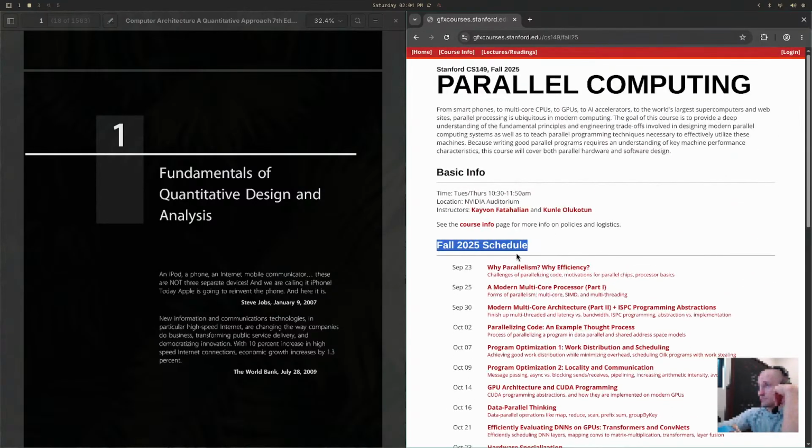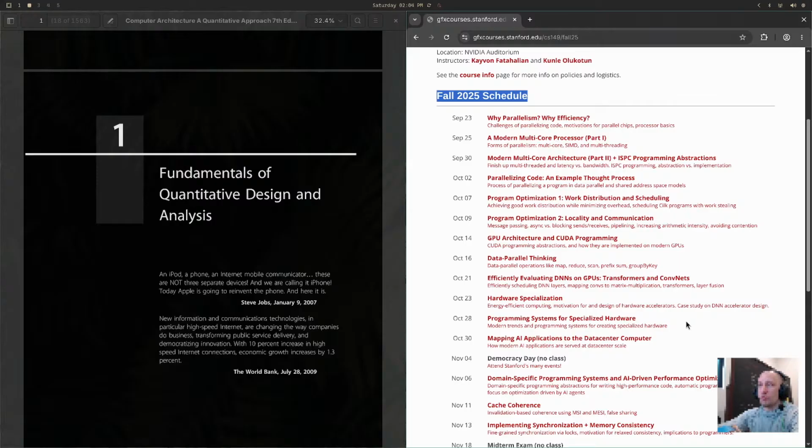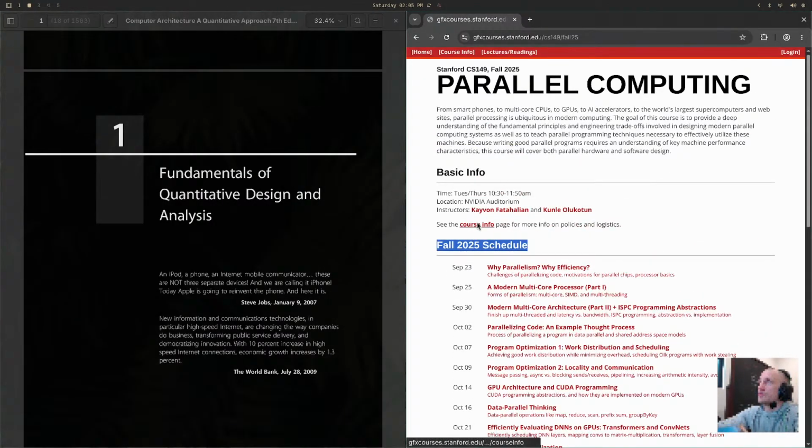I think they do it every fall at Stanford, but the last session was 2025. The recorded videos are from 2023, so the videos are more dated than the slides on the lectures. But one of the things that he recommended in the syllabus here,